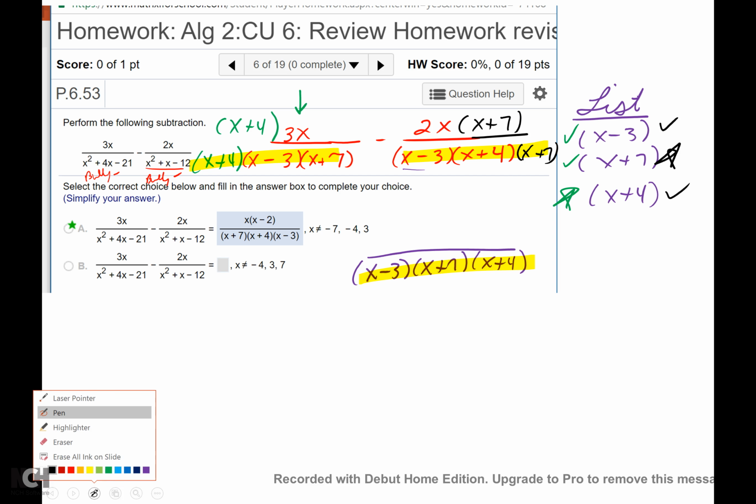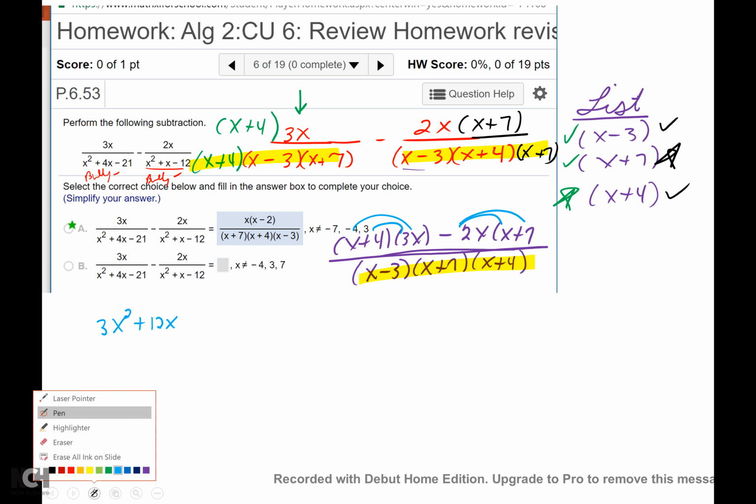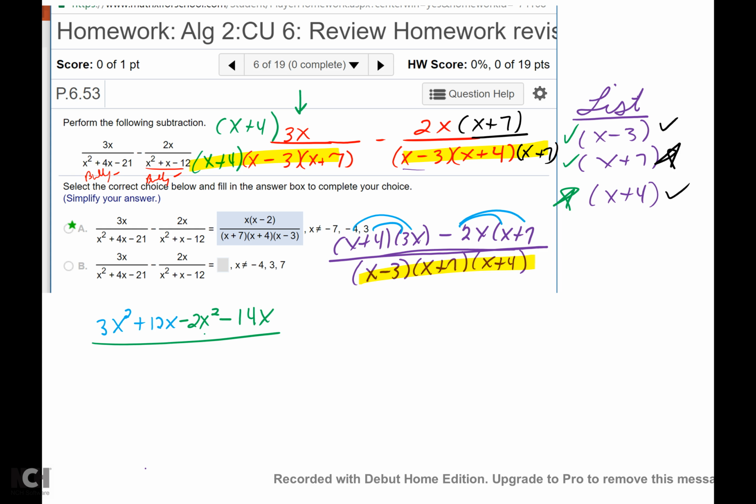So now I'm allowed to do the math on top, which says x plus 4 times 3x minus 2x times x plus 7. Okay, so now if I simplify on top, I have distribute, I get 3x squared plus 12x, distribute the negative 2x, I get negative 2x squared minus 14x all over x minus 3 times x plus 7